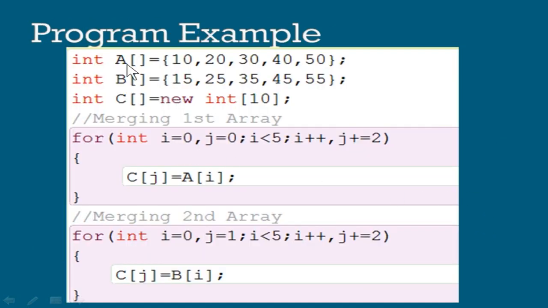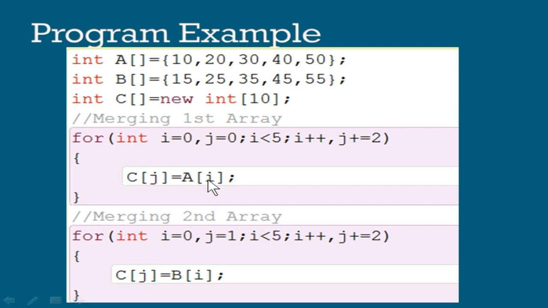So we will see a program here. You have the first array, A array, with 5 elements, and B array again having 5 elements, and the C array will have 10 as subscript, so that it will occupy both the arrays. Now as we discussed in the illustration, you will have two variables, I and j. I will be counted from 0 to 4 and increased by 1. j will run 5 times, increased by 2. So every time the j value is increased by 2, the i value will be increased by 1.